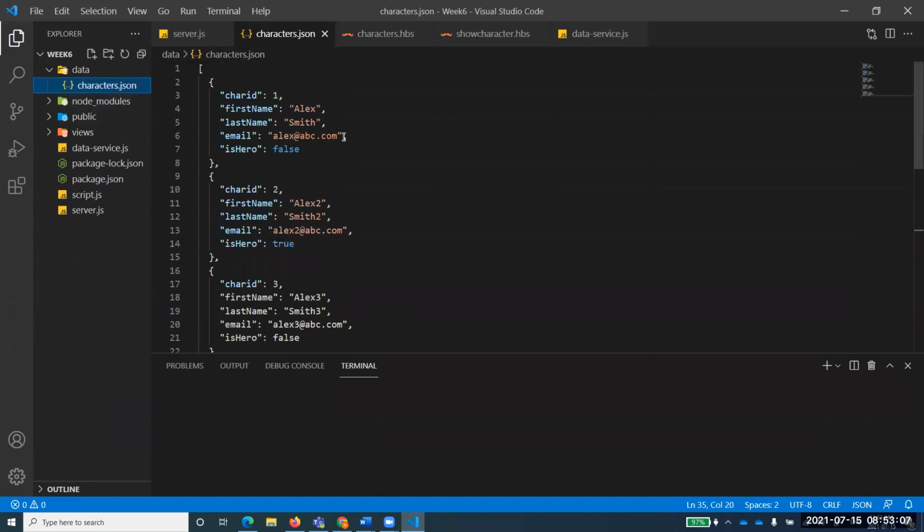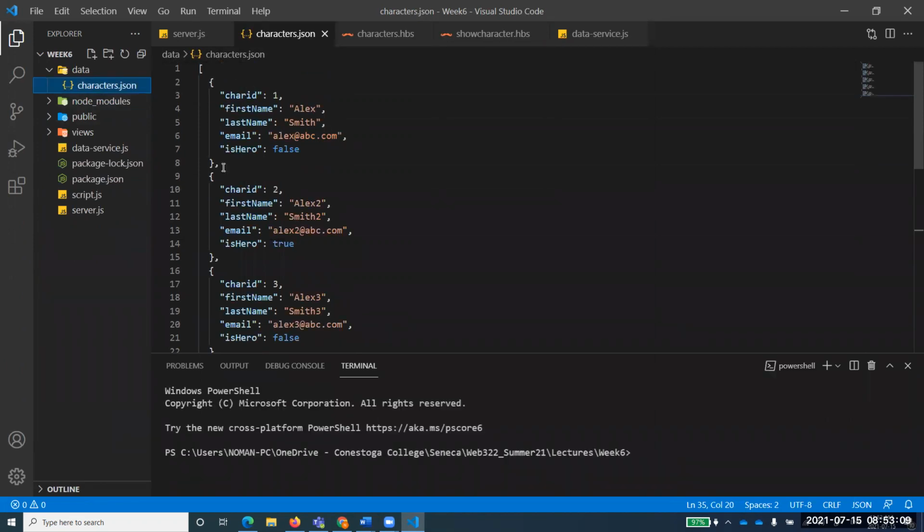Okay, so you see here, this is the JSON data that you remember we have used. So what is different in this data format which is not there in a normal object of JavaScript? You know what I mean?